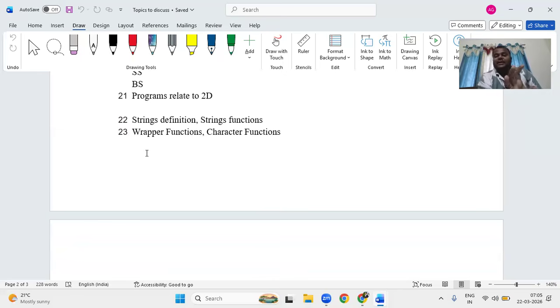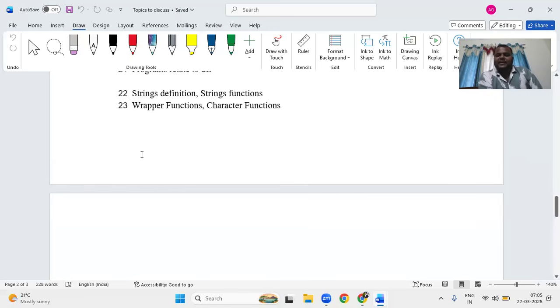The string functions are length, charAt, indexOf, lastIndexOf, trim, startsWith, endsWith, substring. These are all the functions, and concatenation, adding two strings, and wrapper functions: parseInt, parseDouble, parseFloat, parseLong. Character functions: isWhitespace, isDigit, isLetter, isLetterOrDigit. So these are all the topics in your